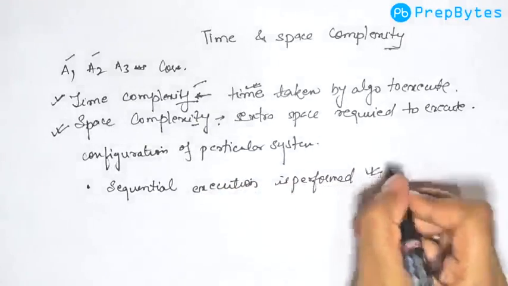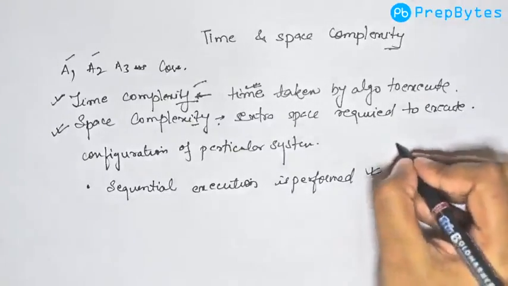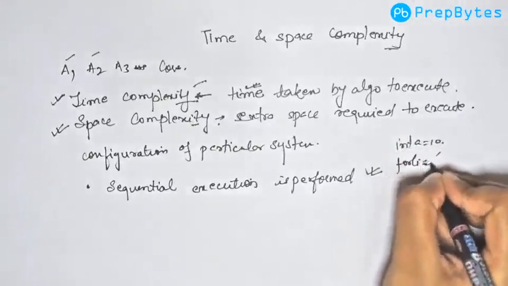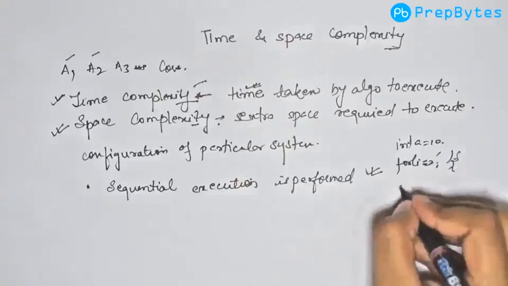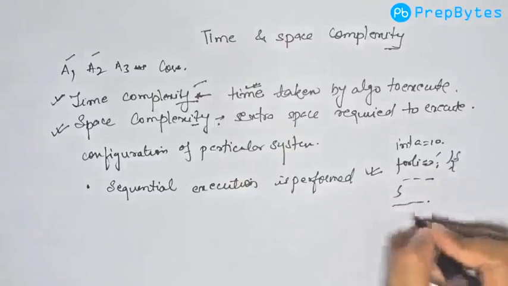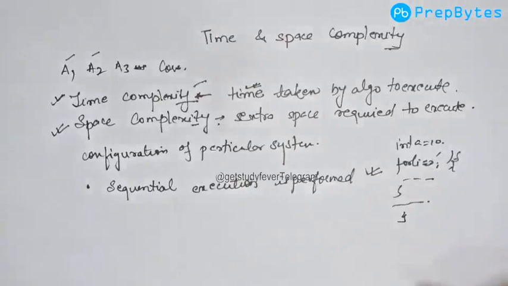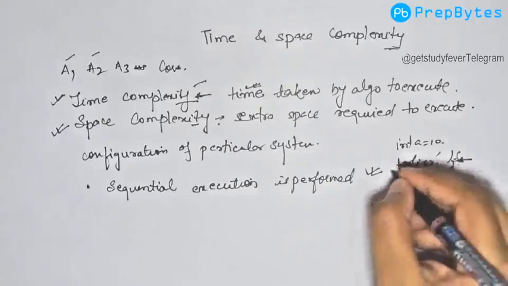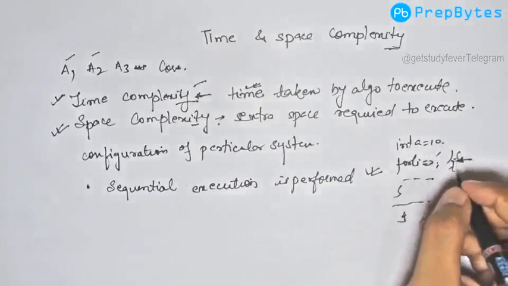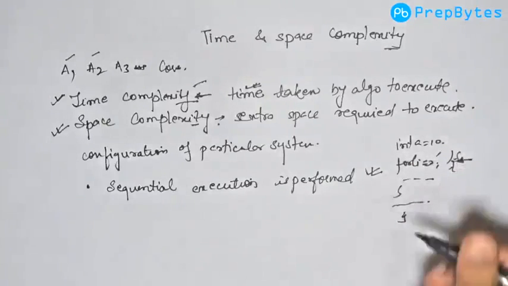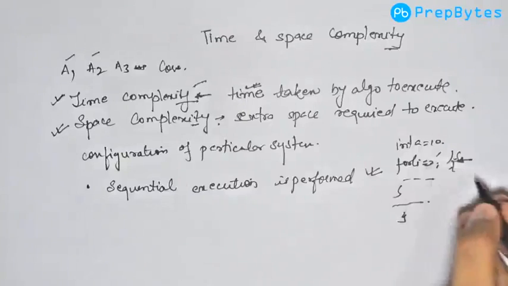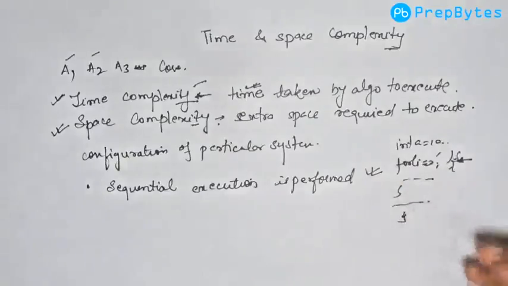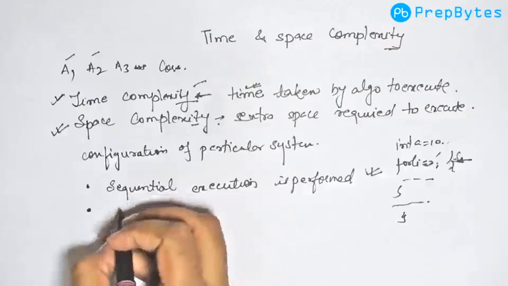Sequential execution is performed. So if I have a program with int a equal to 10 or i equal to 0, say we have a for loop here, and we have some statement here, and then some statement here, then the statements will be performed sequentially. It will not happen that I will execute this one first. When we are calculating the time complexity by ourselves, we don't say that this will get executed first, then this. It has to execute sequentially. Next we have,